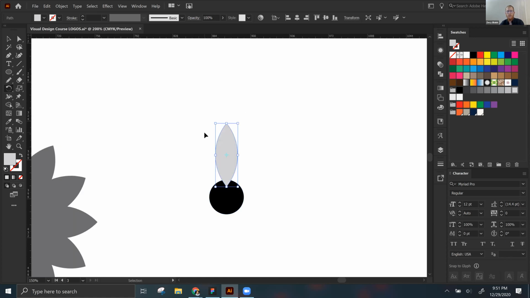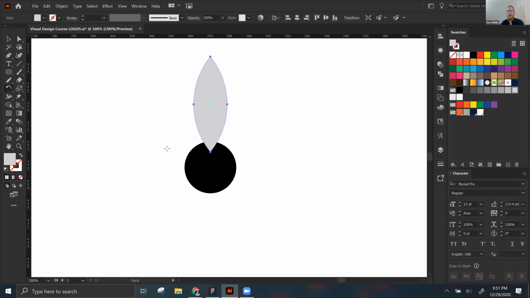And then what we want to do is rotate my gray leaf object around the center of my black circle. To do that, with this little crosshairs pulled up, which basically tells me that my rotate tool is activated, I'm going to hover over the center of my circle until a little title comes up that says